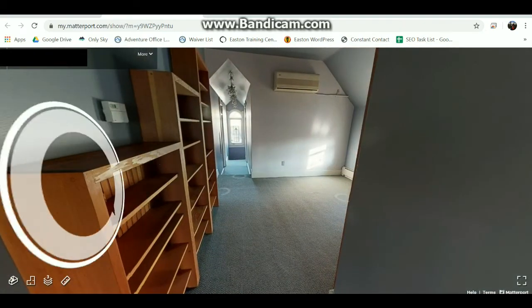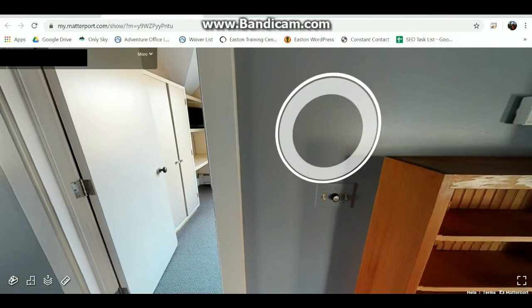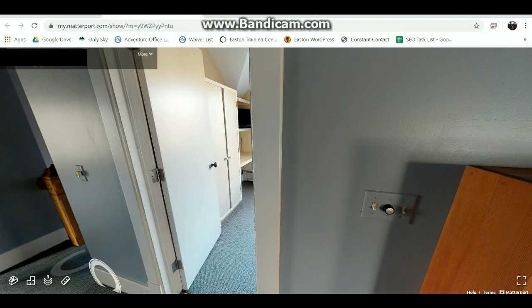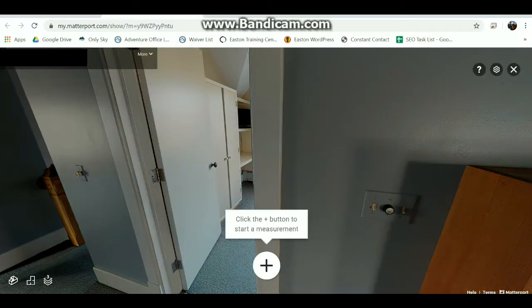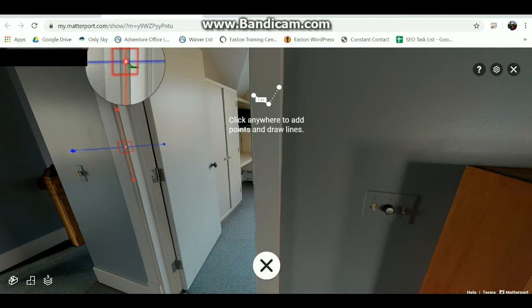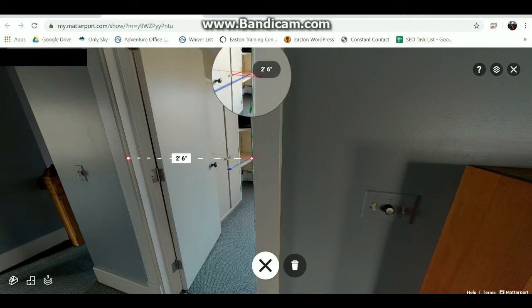Now one thing I want to show you is how we can take measurements in this 3D view. So for example, we have a door frame here. Let's say I want to measure how wide this door is. Well, down here we have our little measurement tool that I'm going to click on. And now it says click the button to start a measurement. I click my little plus sign here and I get this cursor that can do measurements. So I'm going to come over here and click on the edge of the door frame here. And then I just drag that right across, and we can see that this door frame is 2 feet 6